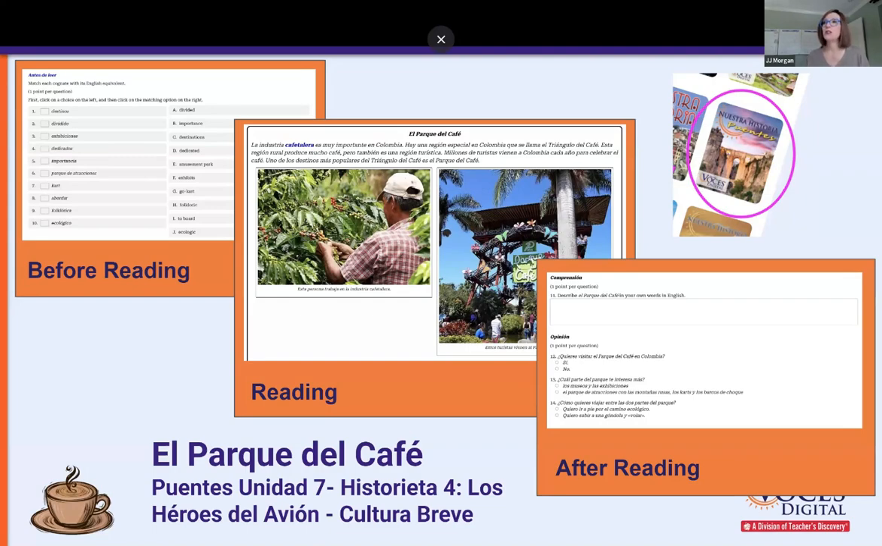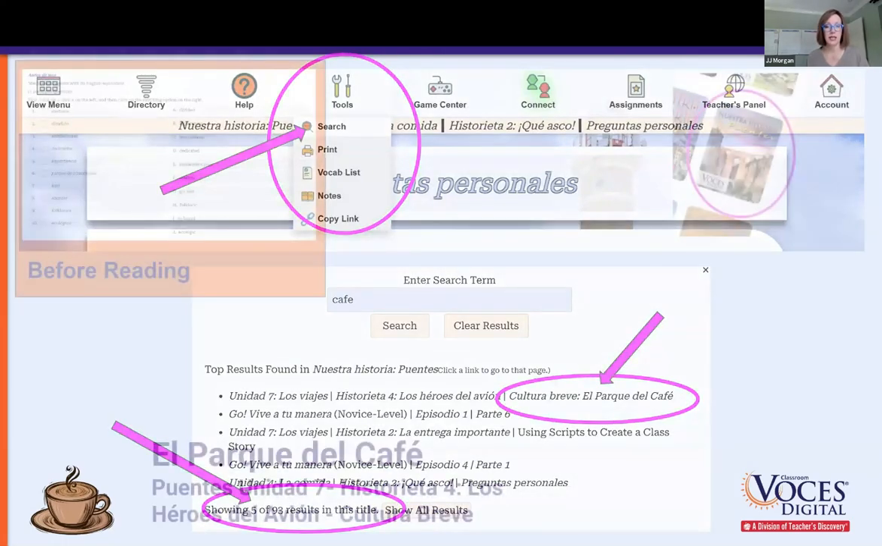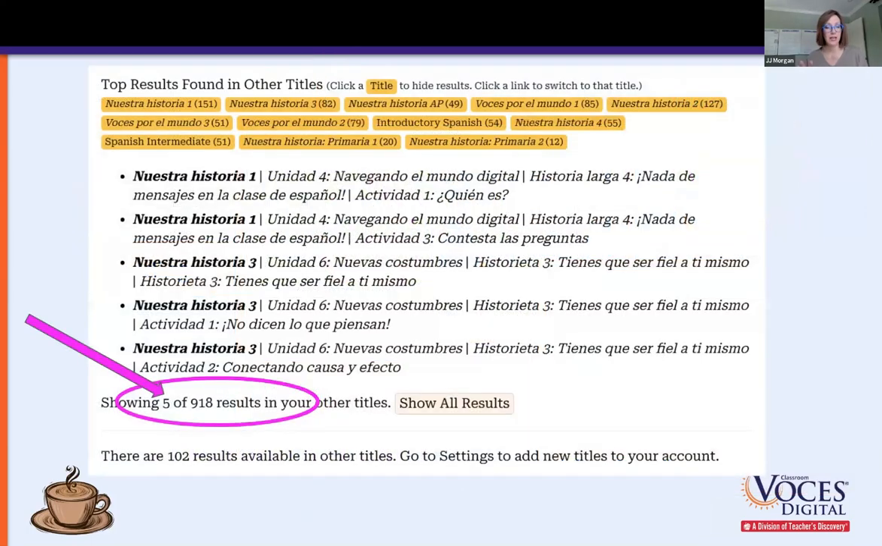And yes, the results are labeled. Kelsey brings up a good point. I can show you that here. Well, I'll show you that actually in a second. It might be my next slide. It is my next slide. So you can see showing 5 of 918 results in your other titles. And it shows you Nuestra Historia 1, where they are. So Nuestra Historia is our story-based curriculum, and Voces por el Mundo is our grammar-based curriculum. They are not